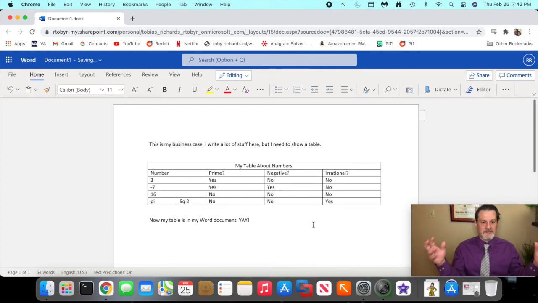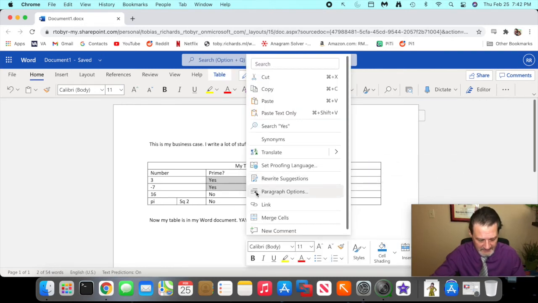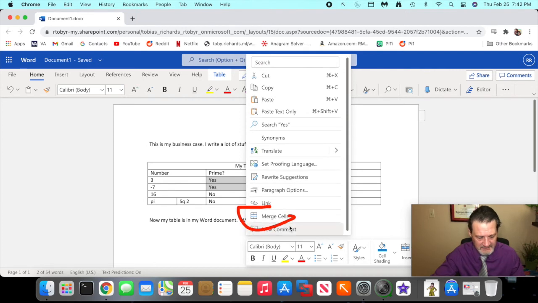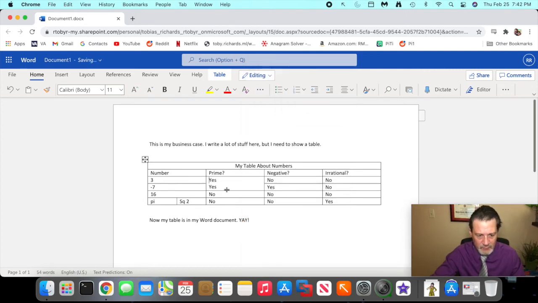So now I might want to do some other stuff with this table. Again, I might want to merge some cells. I've showed you how to merge them horizontally, but you can merge them vertically also. So let's take this 3 and -7, and they are both prime. And we don't need to say that twice. I'm going to highlight these, and then I'm going to click again, merge cells. Now it's 1 cell. I'm going to just get rid of this yes, and now I only have 1 yes